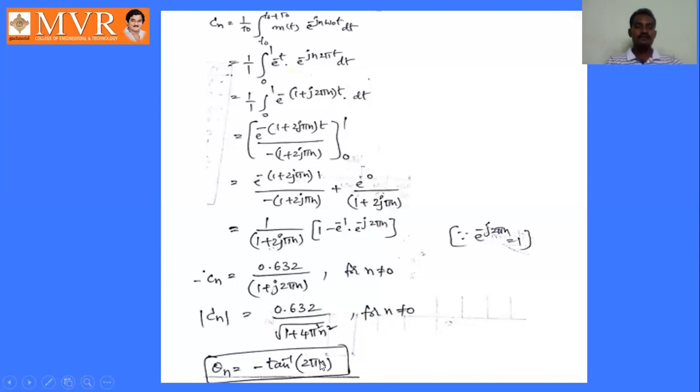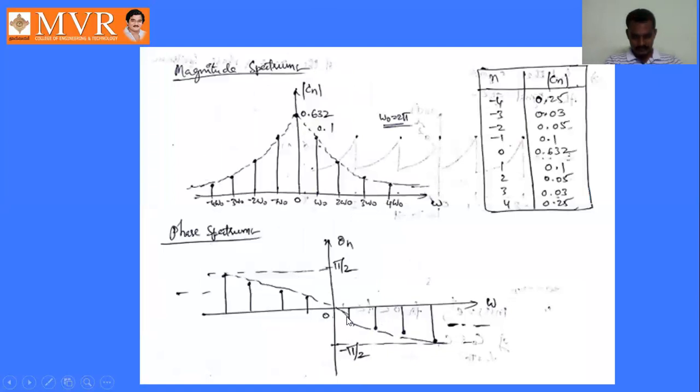Minus tan inverse. If n is 2, minus tan inverse 4 pi. If n is 3, minus tan inverse 6 pi, like that. So that we will get the values here. So this phase spectrum will be like this. So this is the magnitude and phase spectrum for this problem, that is m of t equal to e